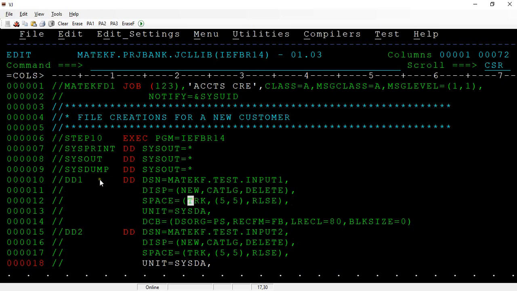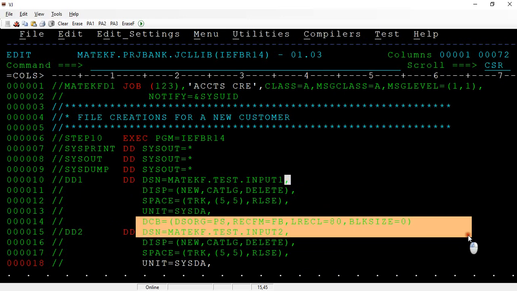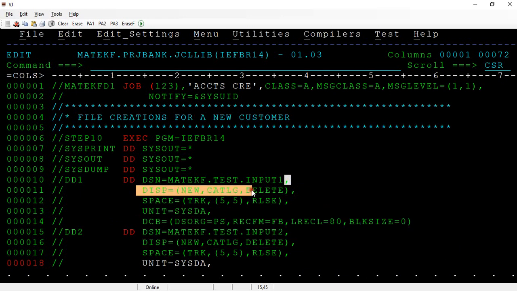If you are defining a file in the DD, as I said, you will have a disposition parameter, space parameter, unit parameter and a DCB parameter. What is disposition? Disposition mentions what this file is about: this file is going to create a new file and catalog it, and if there is any error, it is going to delete it.